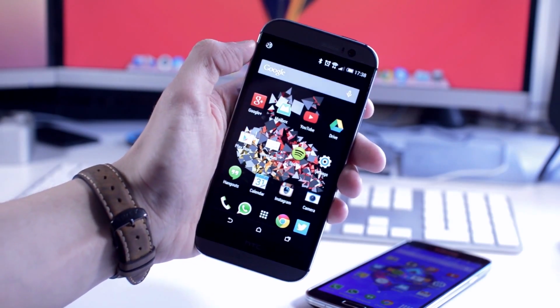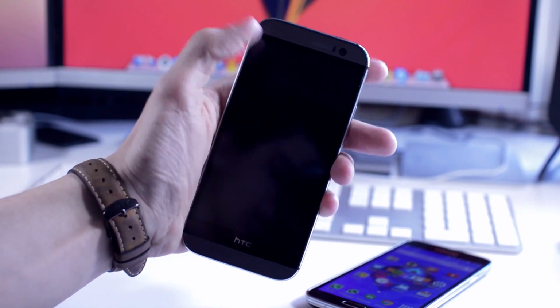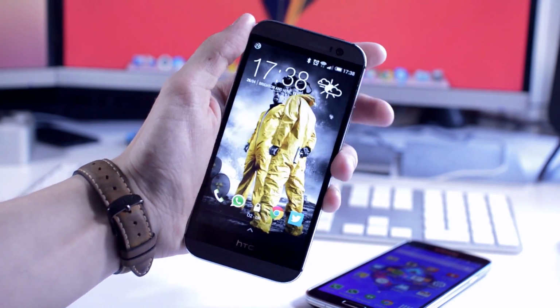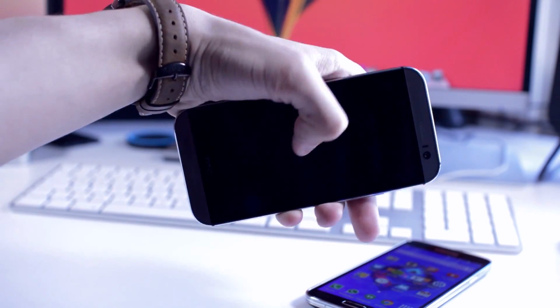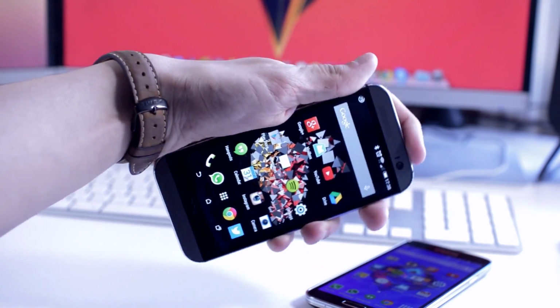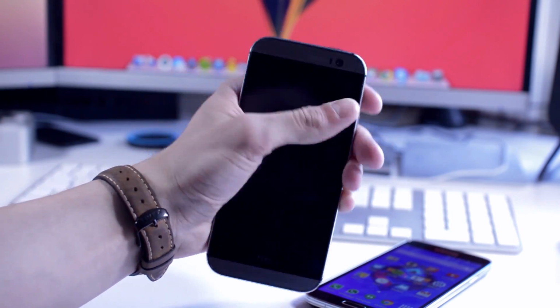Number five, knocks and gestures. This is actually one of my favourite features about the HTC One M8. Other people will definitely enjoy using it, but I feel like I like it so much just because it's stupidly, geekily gimmicky. Whilst the display of the phone is locked, you can tap the display twice in portrait orientation to wake the phone. Swiping up with the display in portrait orientation locked will actually unlock the display without having to